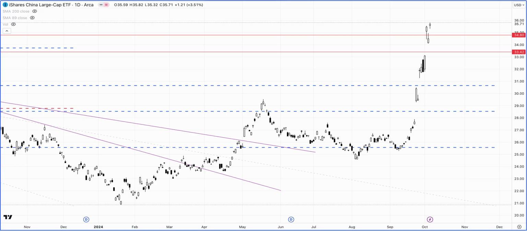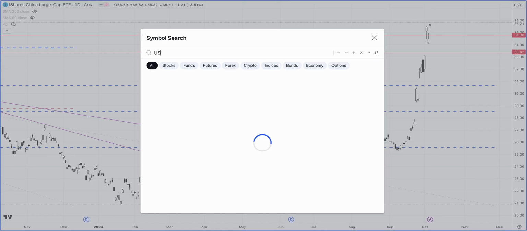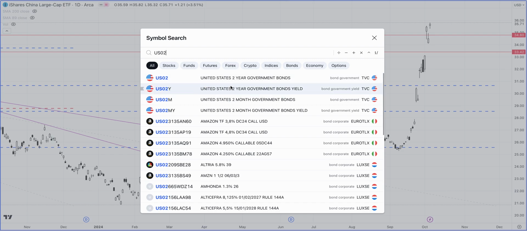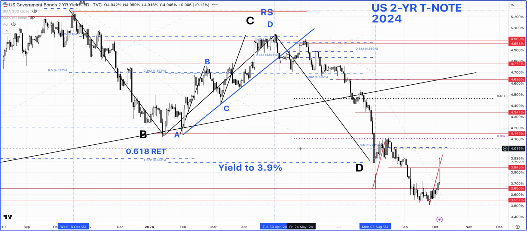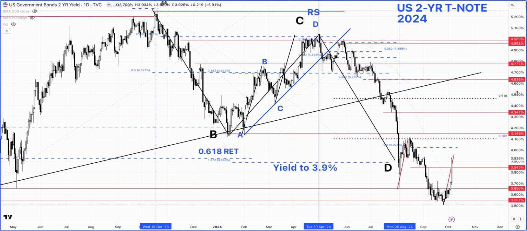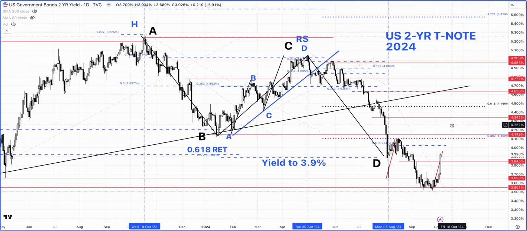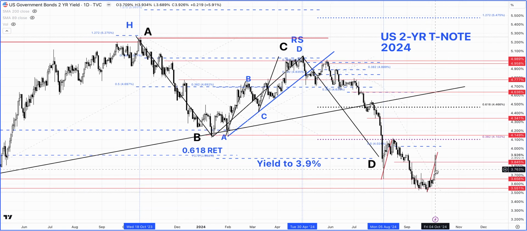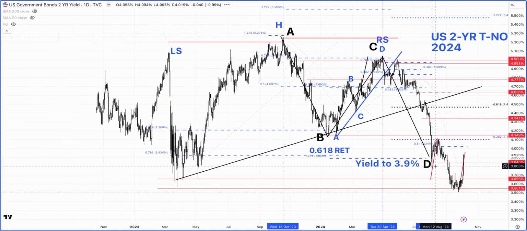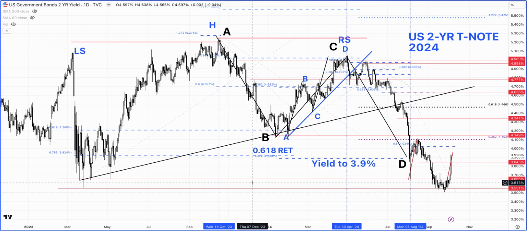Now, I'll just have a quick look at this because we covered it in our video, which I did yesterday. So here we can see that here is the 2-year Treasury note. It just shot up. Look at this. This is really, really strong. Now, it shouldn't be too much of a surprise, because where the market had traded to, we were expecting support to come in, and this is exactly what has happened. And this move, we have seen this much move before as well.